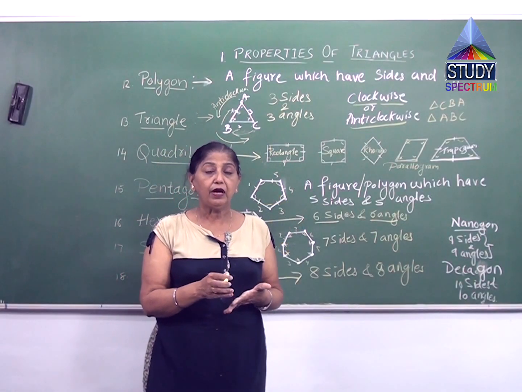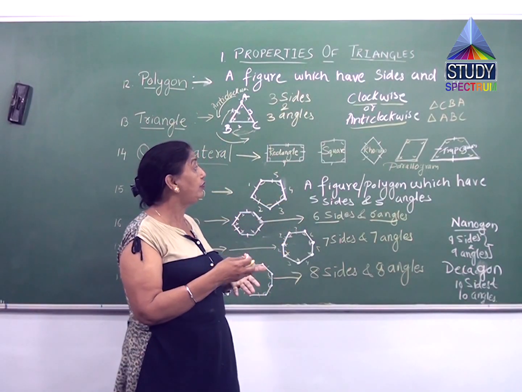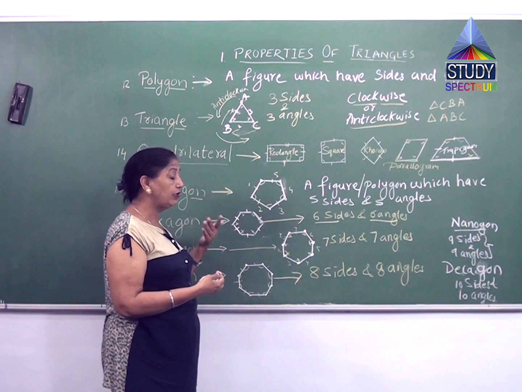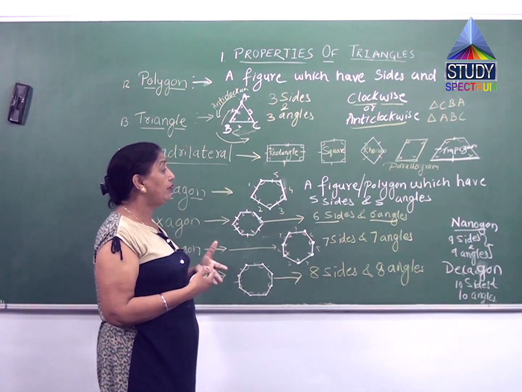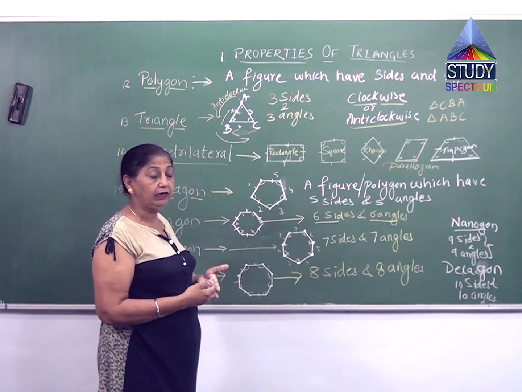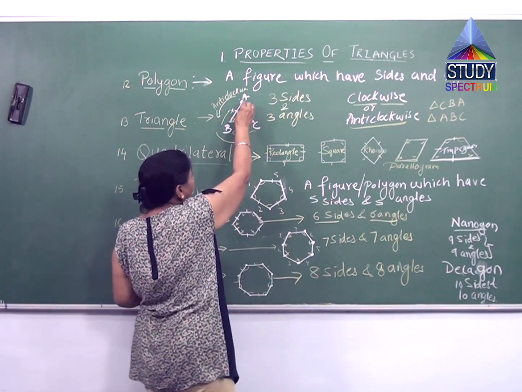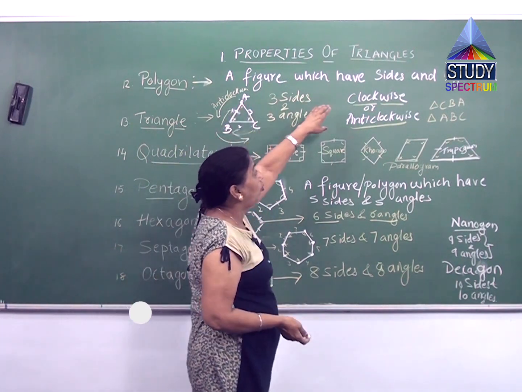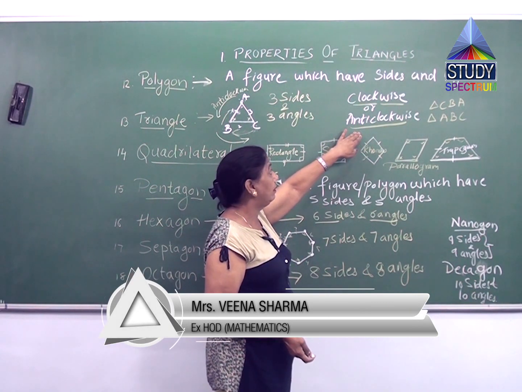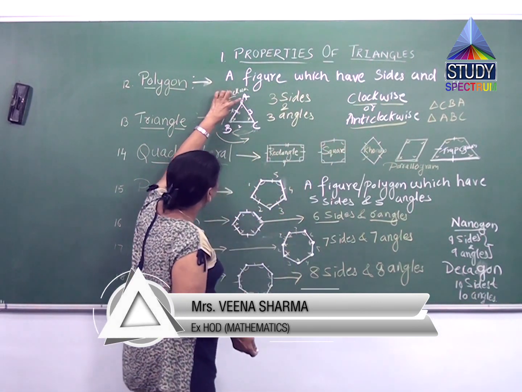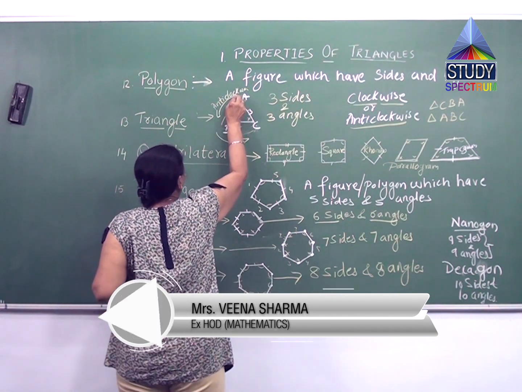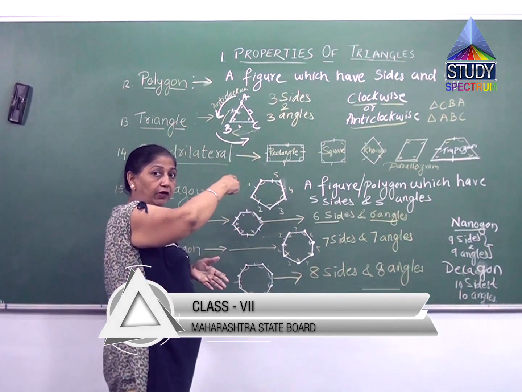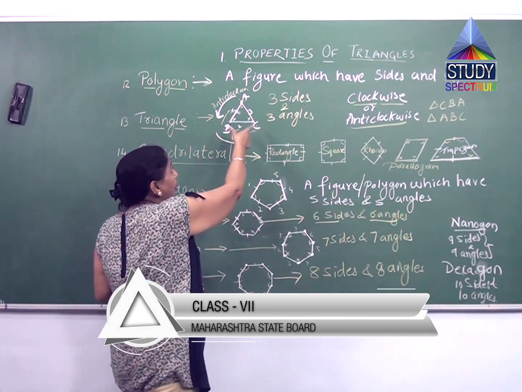Now children, now you know what a polygon is and which figures are included in quadrilateral and which is pentagon, which is hexagon, which is octagon. Now all these figures can be named. We can give them names here as I have given them A, B, C, right? Now this name can be written in clockwise or anti-clockwise. So if I move this side, see this arrow, I am moving opposite to the clock. The way the needle moves this way, I am moving this way.